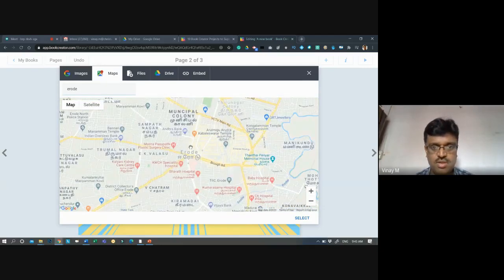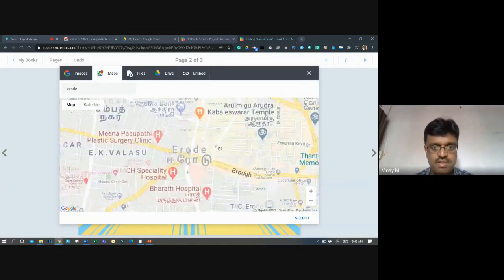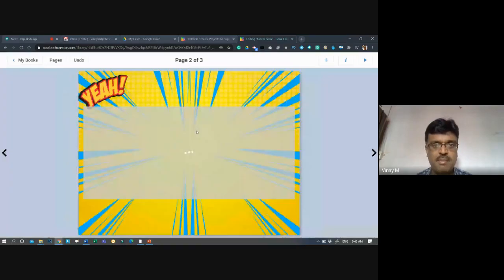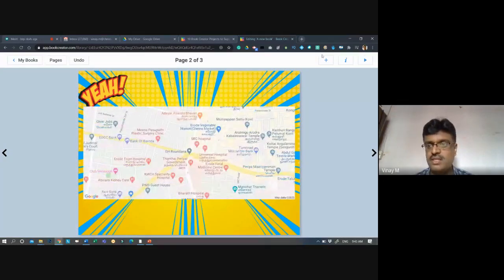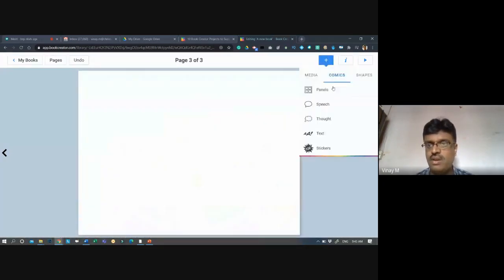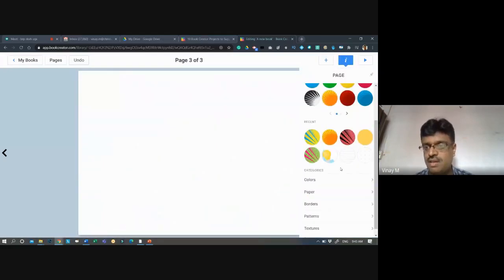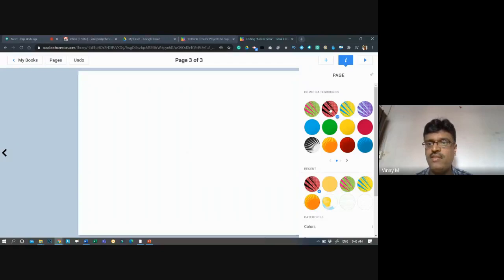I can search. See, your city has come here, and you can specify it. This is what I select, and that map comes on my screen. Next is the next screen, and I want a good background here first, and then green or yellowish. Okay, red I will put.